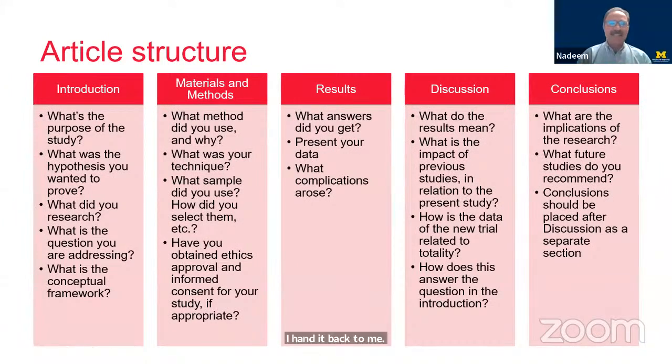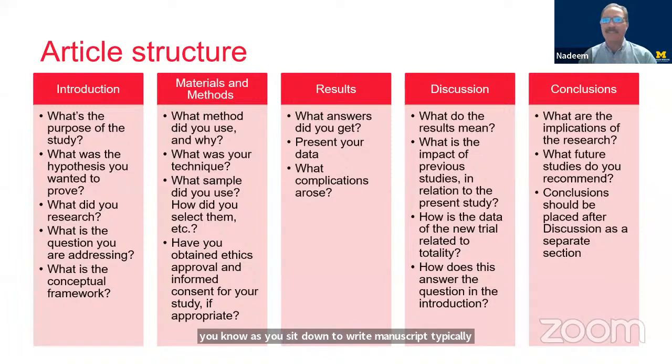Okay, to continue with the article structure. As you sit down to write a manuscript, you typically follow a certain article structure. The outline we highlight here is most common for all the scientific journals, but the journal you are submitting to will have the appropriate structure you should follow in their manuscript submission guidelines. Usually there are 5 main sections authors should cover while writing an original research or full-length article. We'll go over these sections one by one.